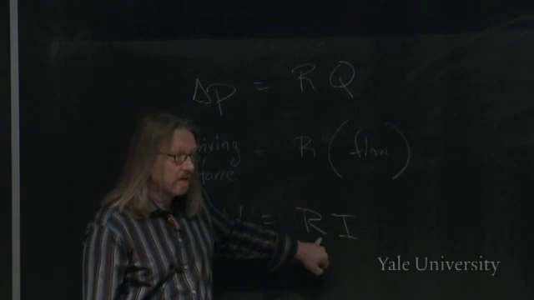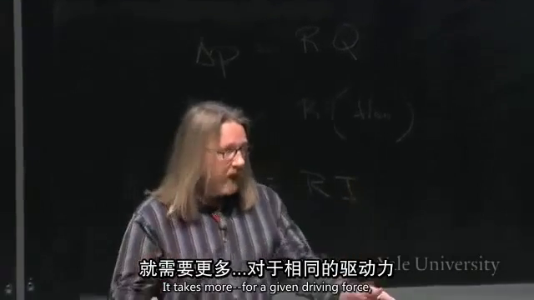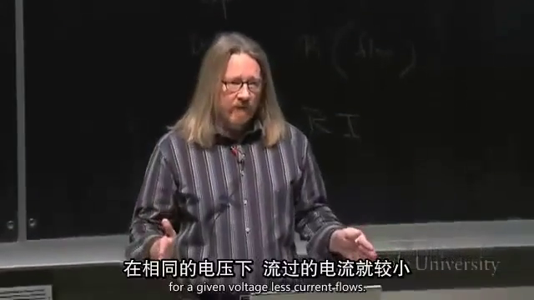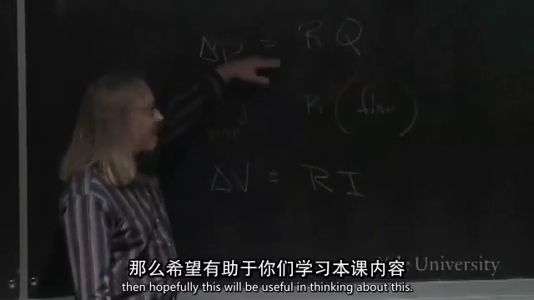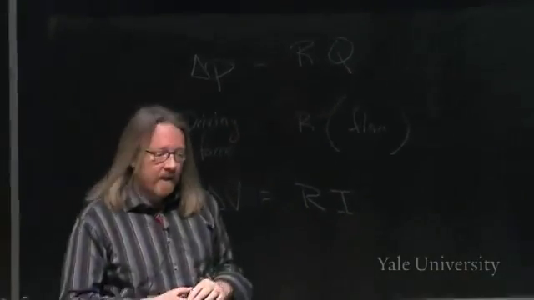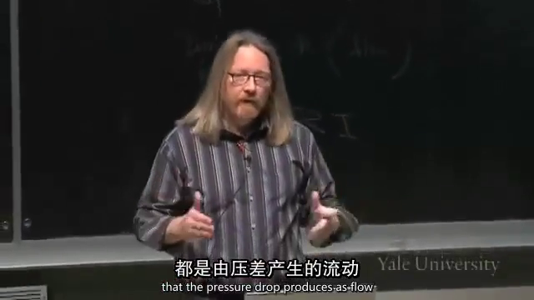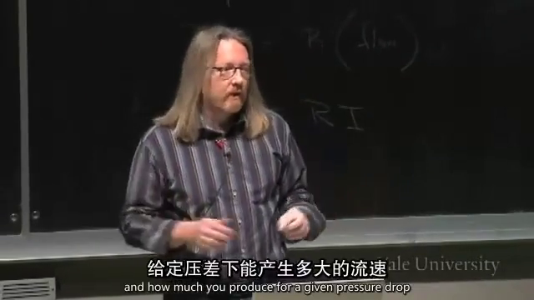For a given driving force, for a given voltage, less current flows. If you haven't seen that before, don't worry about it. If you have seen it, then hopefully this will be useful in thinking about this, which is the same thing. That pressure drop produces a flow,